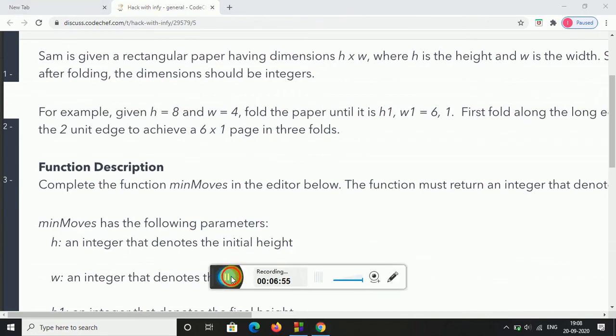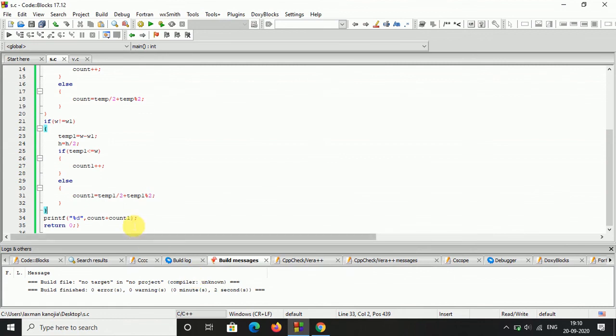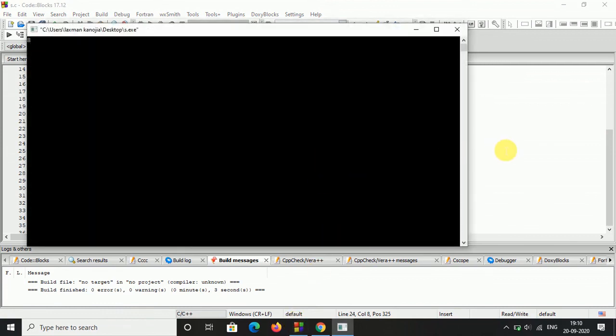I have not changed here w. The answer there is 3, and the answer 3 will also come. So the values are 8, 4, 6 and 1. You can see it is 3.